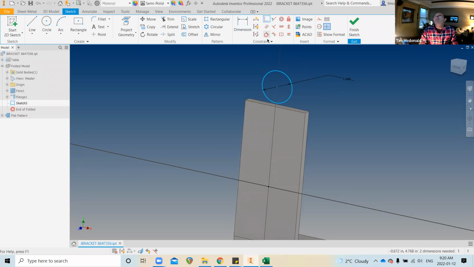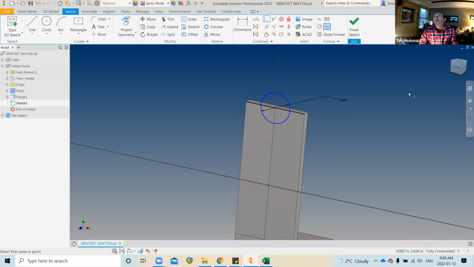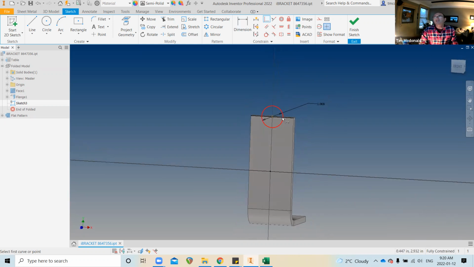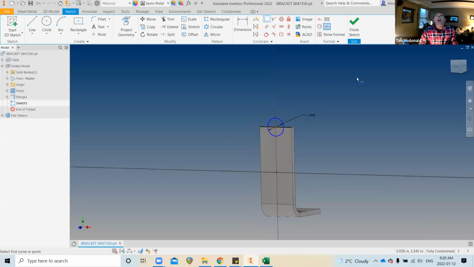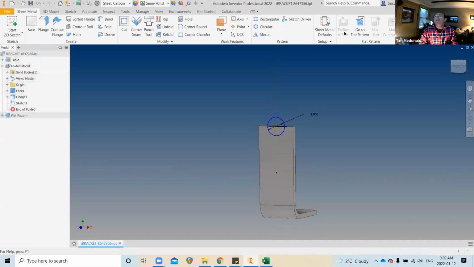So let's try with a coincident constraint. I'm going to pick the center of the circle. I'm going to find the midpoint of this line. And now it's fully constrained. So if I change the length of this flange, this diameter is going to be attached to the end of that flange. So that sketch is fully defined. It's good. I can see there's a pin in the corner here, and this is what I look for when I'm creating your assignments. I'm going to finish the sketch,